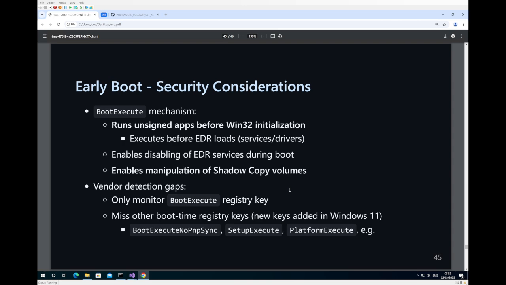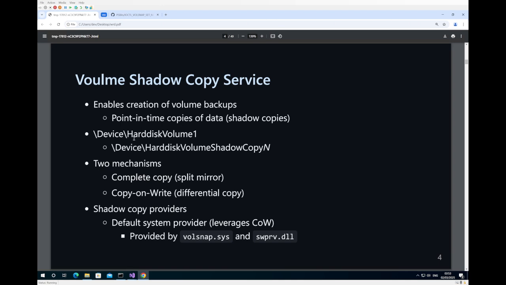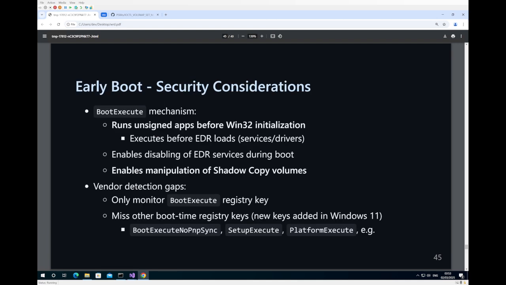register an unsigned application to run before Win32 system initialization. So all these EDRs, the services, the drivers, the other ransomware detection and prevention products, the backup products, they all run after or during Win32 system initialization. And from within boot execute, you can disable these services. You can manipulate volume shadow copies, as we remember on page 5 here, these shadow copies exist within the device global namespace. So